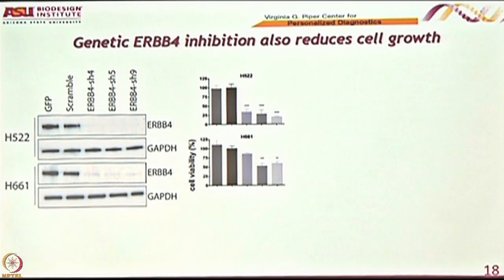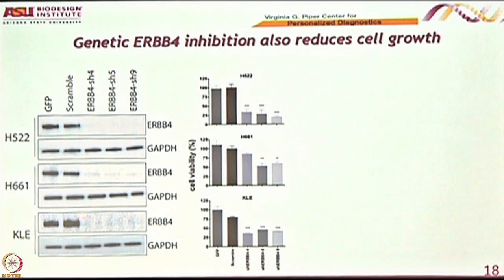Here's another cell line, knock down ERBB4. Once again, you see reduced cell growth. Here's yet another cell line, knock it down. Once again, you see reduced cell growth. So knocking down ERBB4 by itself, using 3 different shRNAs in each case, is sufficient to knock down cell growth. So we felt like we had pretty significantly demonstrated that this cell growth inhibition was due to